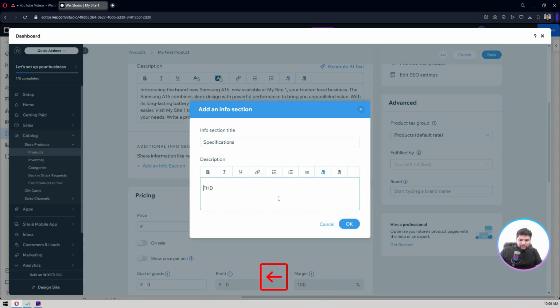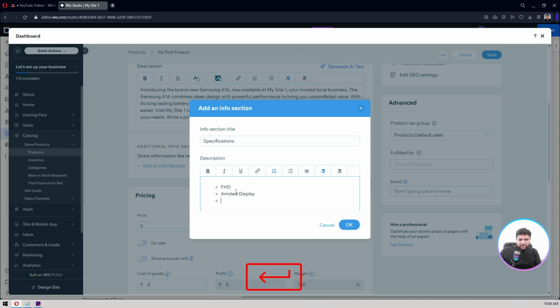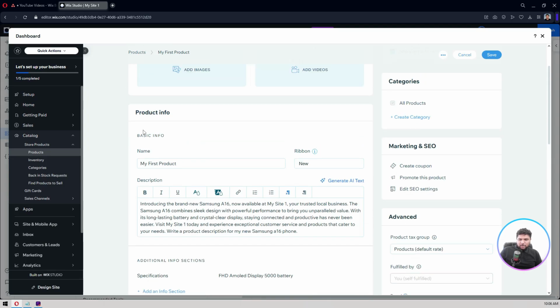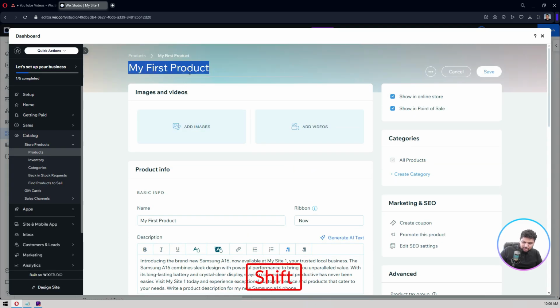FHD, full HD. So now let's make it like bullet points: full HD, and AMOLED display, 5000 watts like battery, right? And let's just add that to the specifications. Product, let's change it to Samsung A16